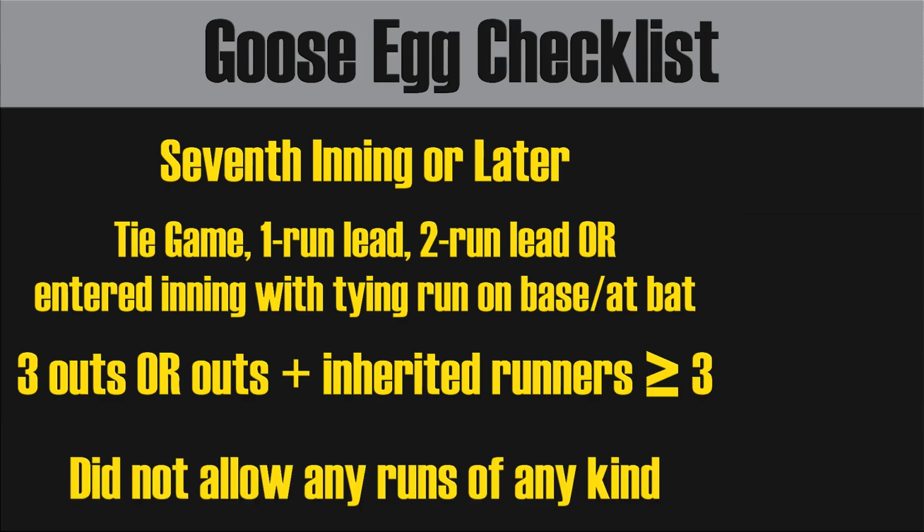The pitcher did not allow any runs of any kind. That means no earned runs or unearned runs are charged to him. He also can't allow any inherited runners to score, meaning any runners that were on base when he entered the game. The negative counterpart for a goose egg is